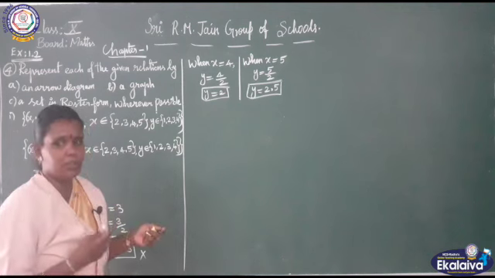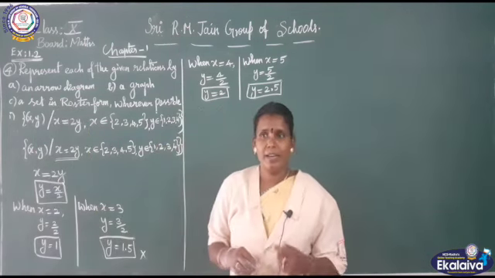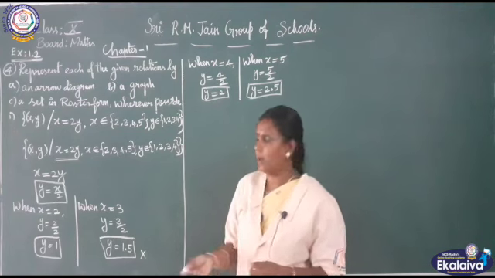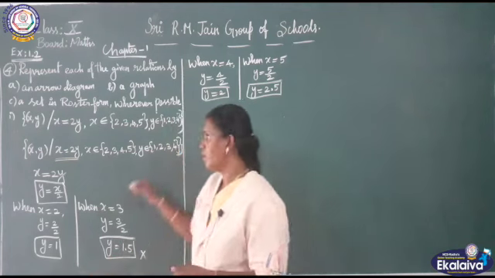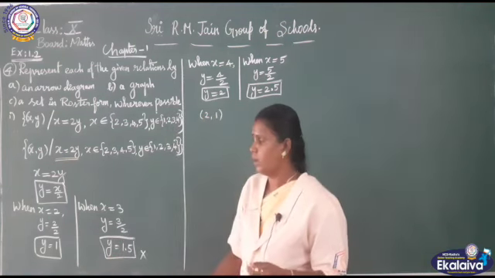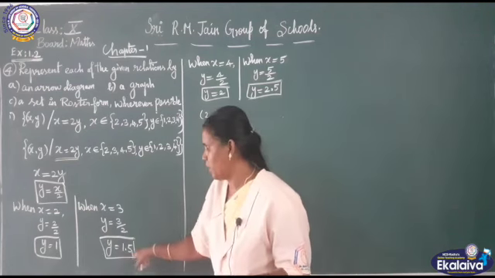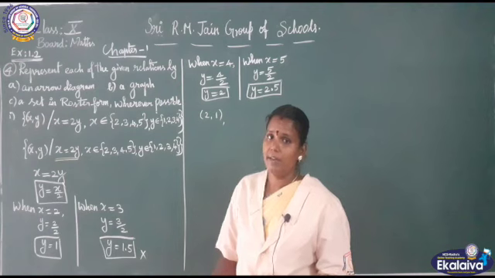So, after completing this we have to pick those element pairs which are there in the x set and the y set, and make them a pair. When x is 2 we will get the y answer as 1. Then when x is 3, y is 1.5, but it is not there in this y set, so we should not pick that as a relation.